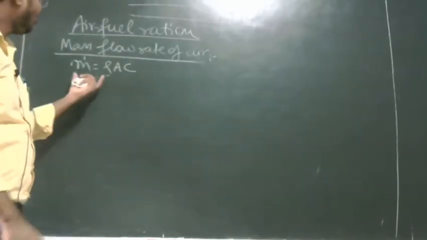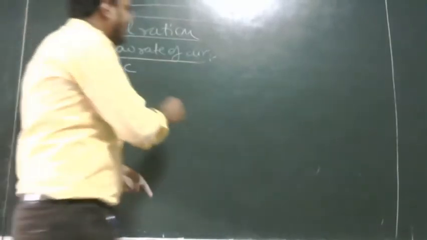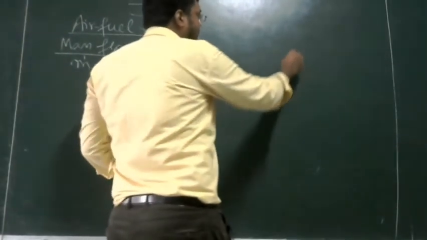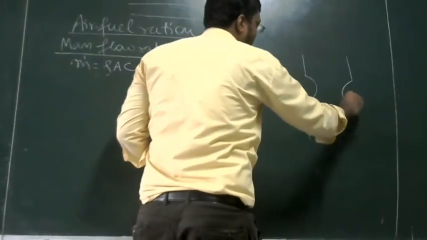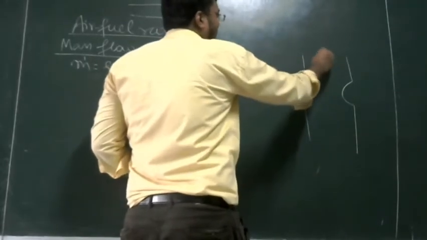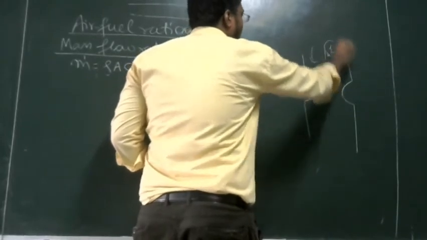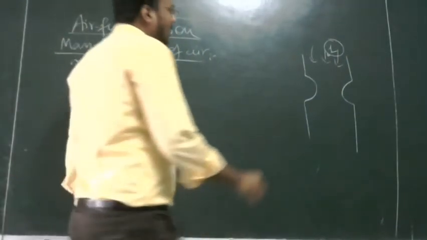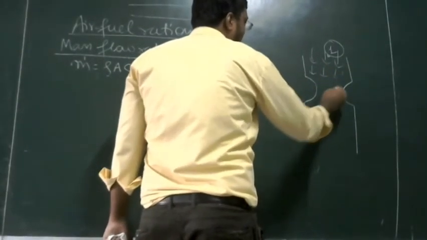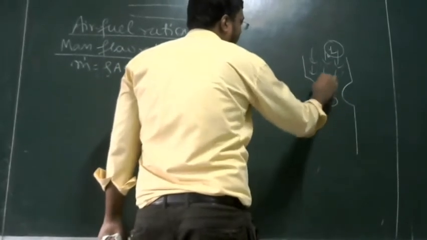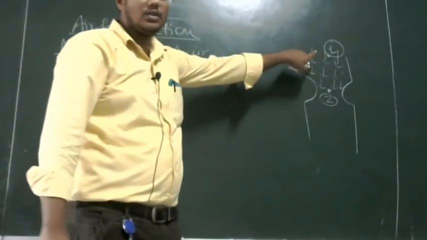Now we have to see the action of air, how air flows inside the main unit. Then only we can derive the formula. So here in the main unit, let us assume the starting point when air is entering here. This is the starting point, this is point number 1. And velocity of air is maximum at the venturi, so assume the point at the venturi is 2. Velocity is maximum. So apply steady flow energy equation between point 1 and 2.